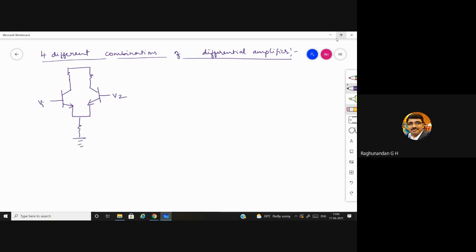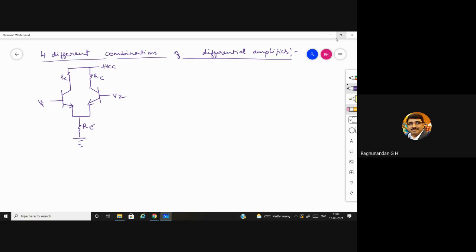This question was once asked in the exam. RC, and this is RE. So this is the base, emitter, collector. Since this resistance is connected to the collector part, it is known as collector resistance. Since this is connected to the emitter part, the arrow mark indicates the emitter part of the transistor, so it is known as emitter resistance.